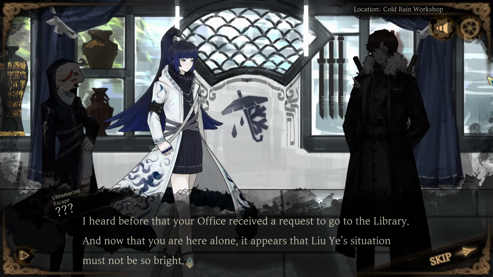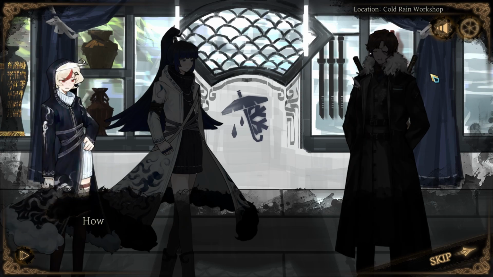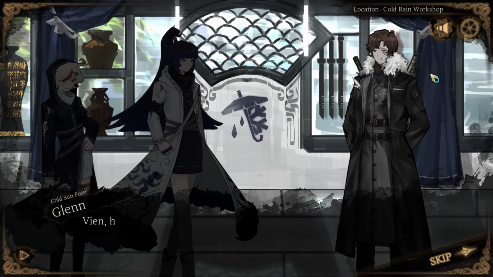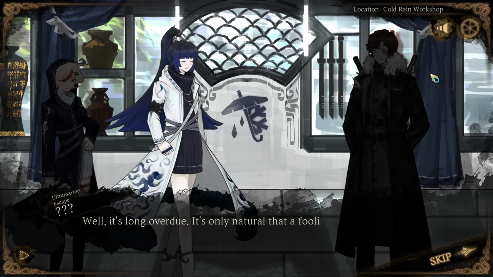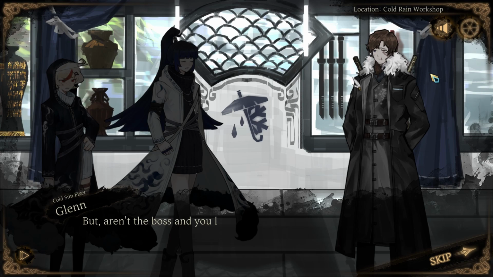We're going for it. I heard before that your office received a request to go to the library, and now that you are here alone, it appears that Liu Ye's situation might not be so bright. We failed. Boss to cover for us. How could this happen? What about Vienne? Why didn't he come? Bien, he's currently staying at the office, but his condition isn't looking too well. Well, it's long overdue. It's only natural that a foolish and pitiful guy like him, with such deep-rooted sins, would end up being buried in the library. But aren't the boss and you like siblings who grew up together? Why...